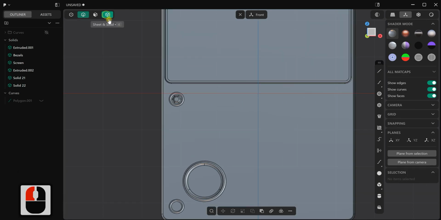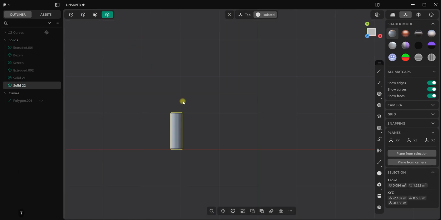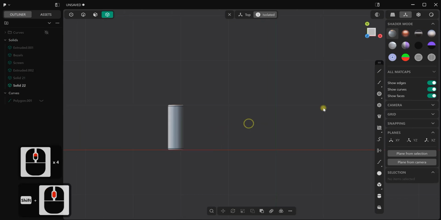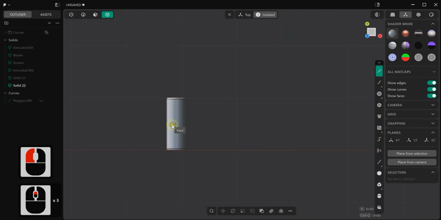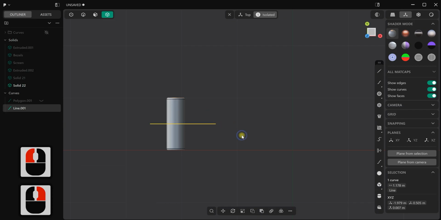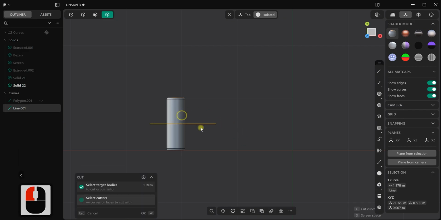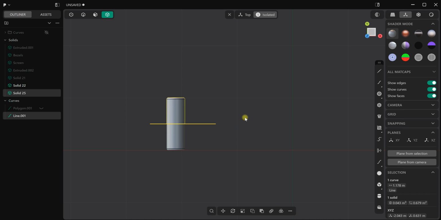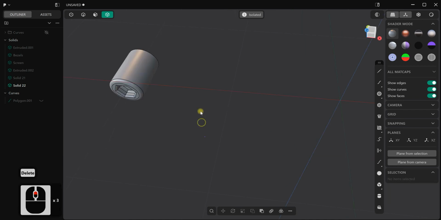In solid mode, select our bolt, press dot to isolate it, go to the front view, create a line, snap it to the middle. Let's move it right here. Press C to cut and click on our mesh, OK to confirm, then delete the top part by pressing X